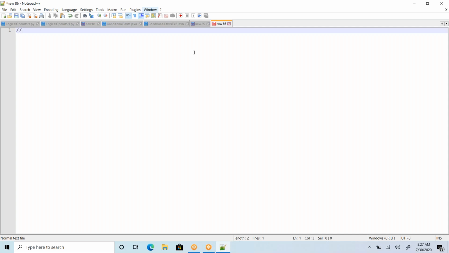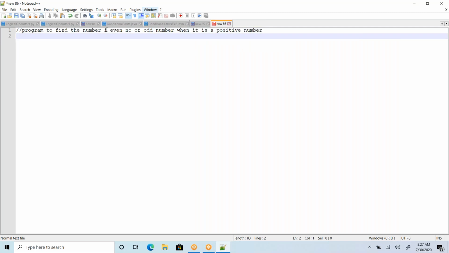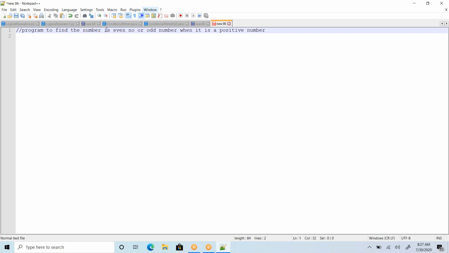Program to find whether the number is even or odd when it is a positive number. Only when it is a positive number do you write the program. Only then do you calculate whether it is even or odd. Find the number is even or odd only when it is a positive number. That's the condition here. Then what we do,